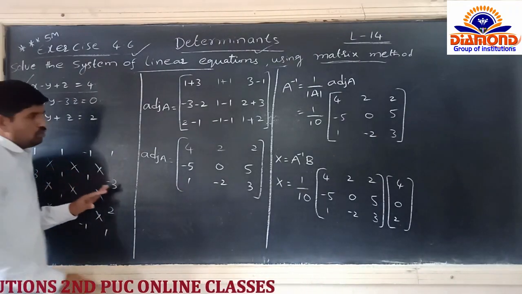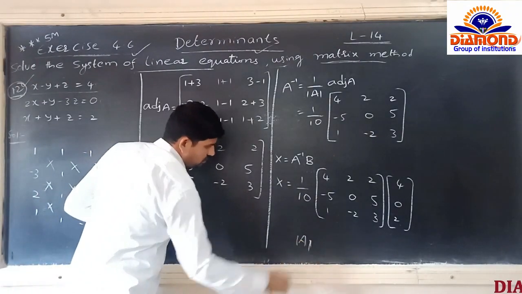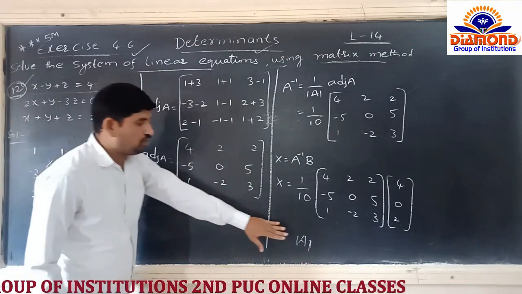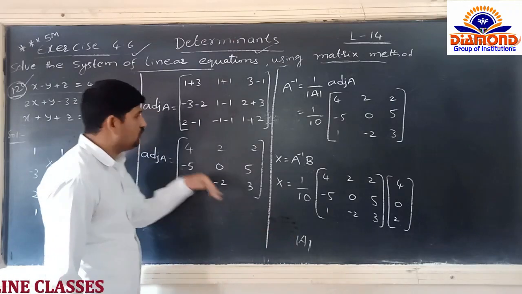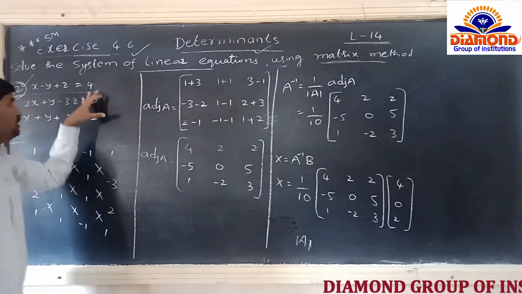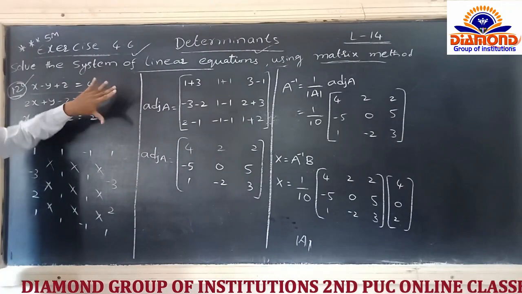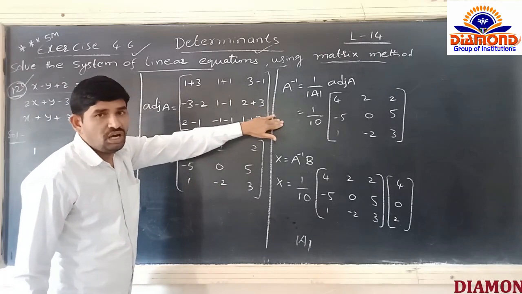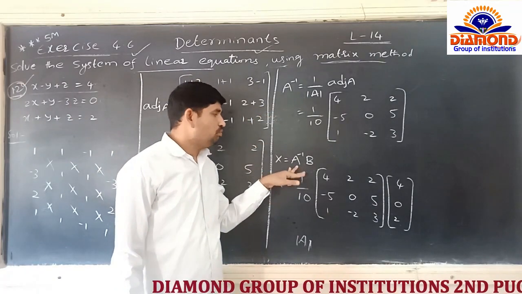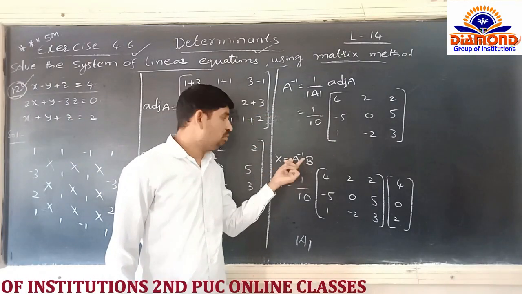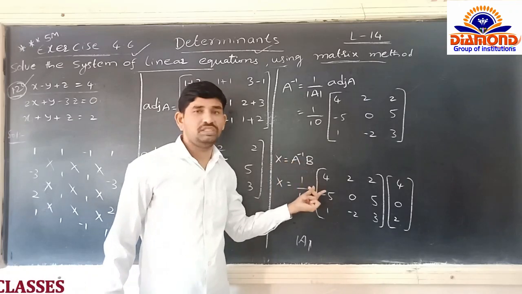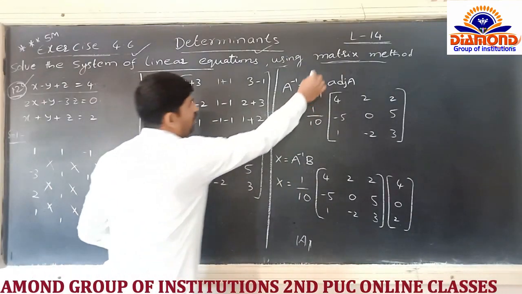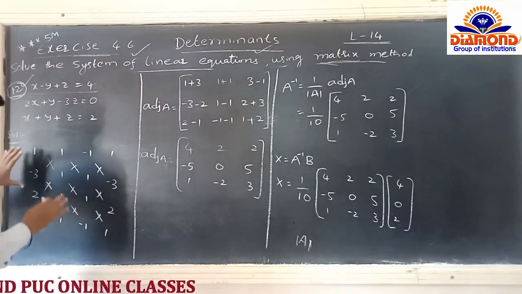See here. So now we got the determinant of A. Yes. After that we have to find the adjoint of A. Yes. So we got the determinant of A which is not equal to 0 means we can say the consistent system of equations. Yes. Now having the unique solutions. Further we have to find the adjoint A. Again we have to find the A inverse. After that x is equal to C. We have to write x is equal to A inverse into B. The multiplication of two matrices we can get here some x, y, z values. So that is the process we are doing which is known as what? Matrix method. So that's why in this we are finding the adjoint A.